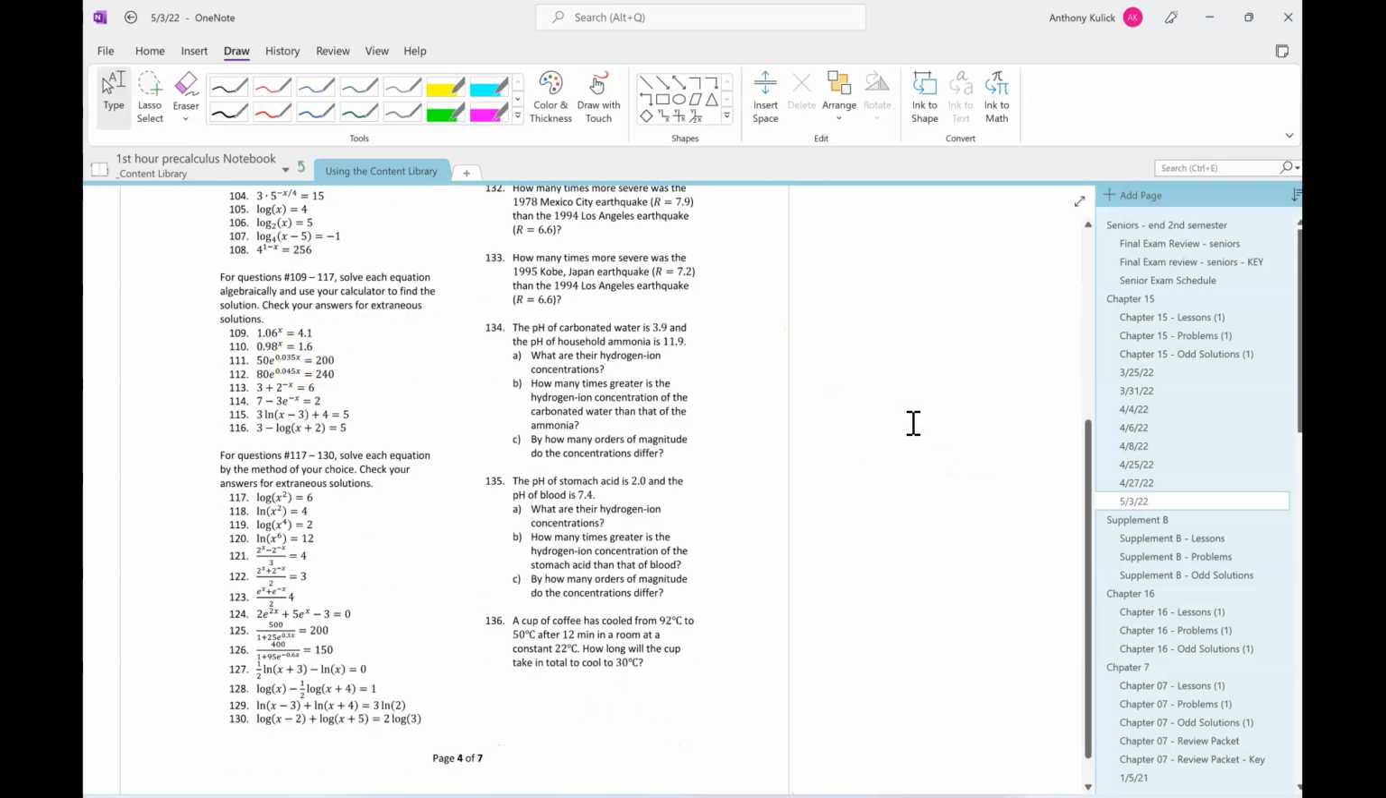It says the pH of carbonated water is 3.9 and the pH of household ammonia is 11.9. What are their hydrogen ion concentrations? I am going to be using the pH formula. Hopefully that's not a big surprise. So that's my pH formula. So for the carbonated water,